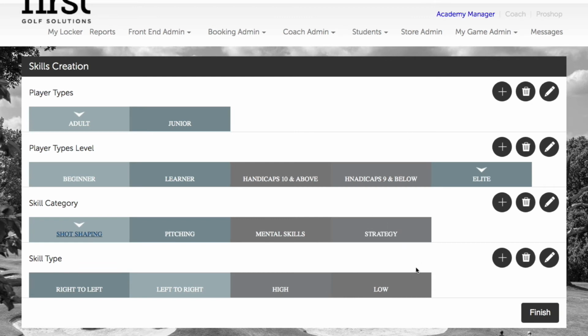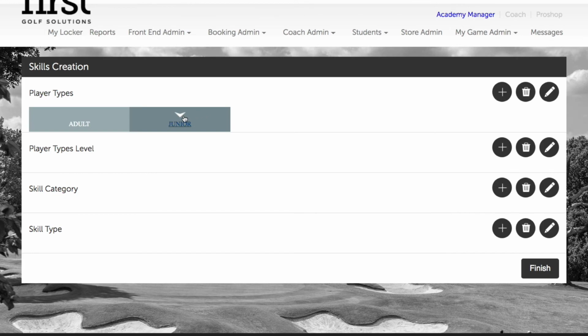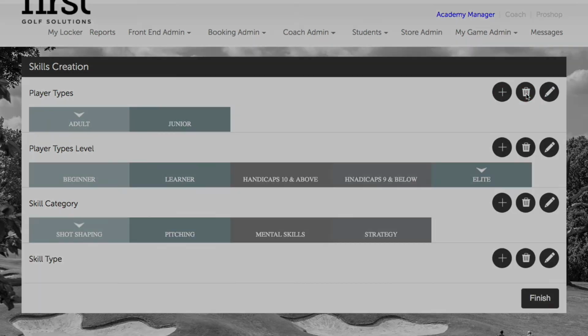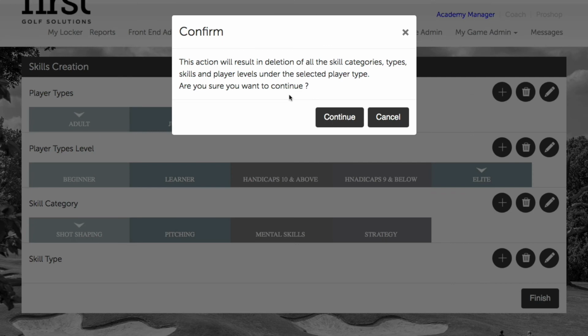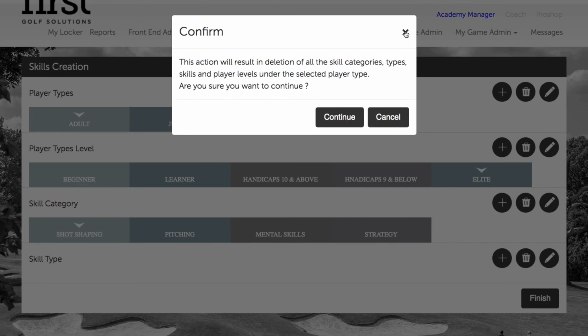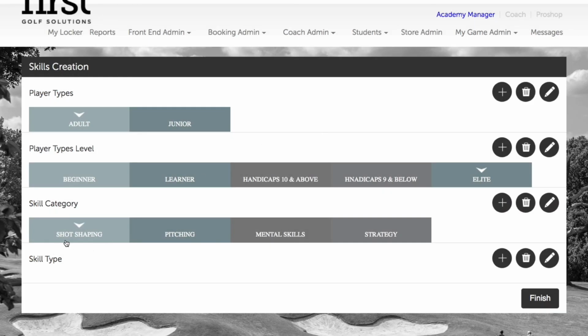So let's take a look at how we would then delete those skill types and some things to be aware of when using the player type section. So to delete a skill type, if you want to delete the entire section, you're able to hit the delete button. However, there'll be an alert that comes up that tells you that all of the subcategories will be deleted. So I don't want to do that. I want to keep my player types as adult and junior, but I want to delete some of the skill